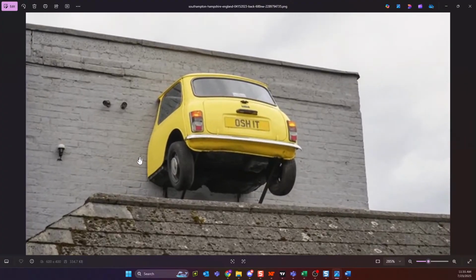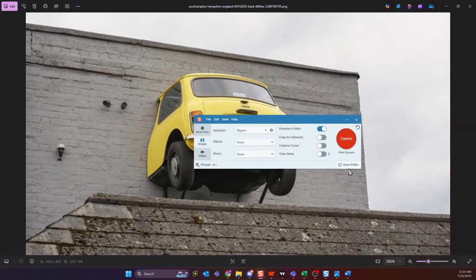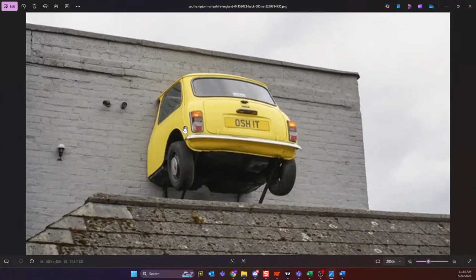If one trigger gets through, I think of my triggers as a car. If only one gets through, they didn't get through. So when we look at your picture, I love this picture. The license plate's the best part. One line of the small got through, one line of the large got through, but you didn't get the back half of either. So we're going to call that a strong bottom. I like the visuals.